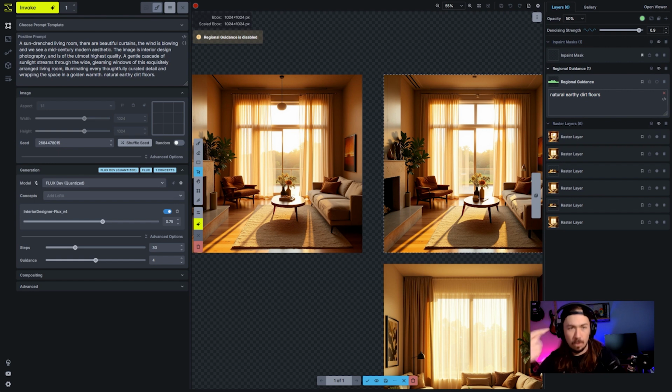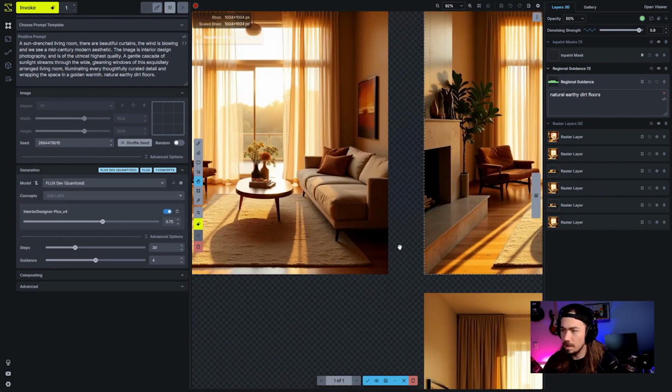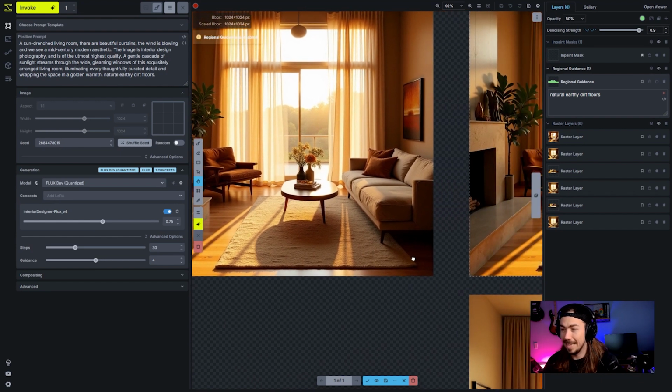And as it goes through each step, it's honing its understanding of the most likely area that this word, this token and this set of tokens should be applied. When you say floor, it is unlikely that the floor is on the ceiling, right? So the attention of the AI is already focused there, and that's why this regional prompting is very similar. If we change this regional prompt to something else,